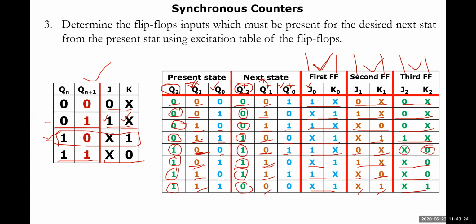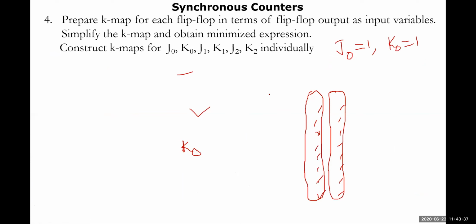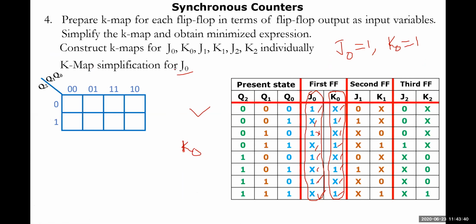Because of this, you need to increase one more state here. That is what you need to do. Based on that, the excitation table will be prepared, and then you have to identify J0, K0, J1, K1, J2, K2, followed by J3, K3, because one more extra input will be taken into consideration. So totally, you need to draw 1, 2, 3, 4, 5, 6, 7, 8. So the Karnaugh map might be written by you. Based on that, you have to draw it.